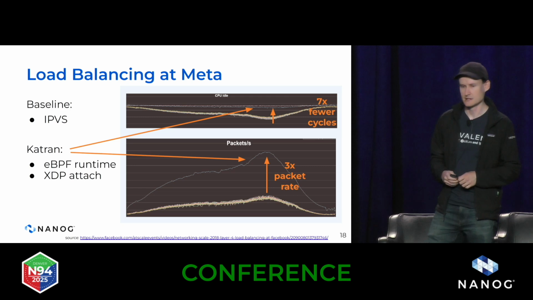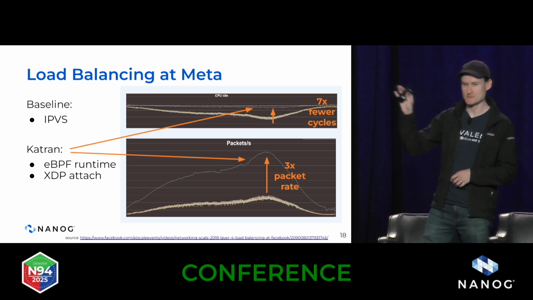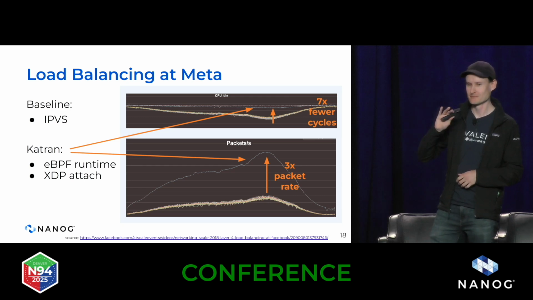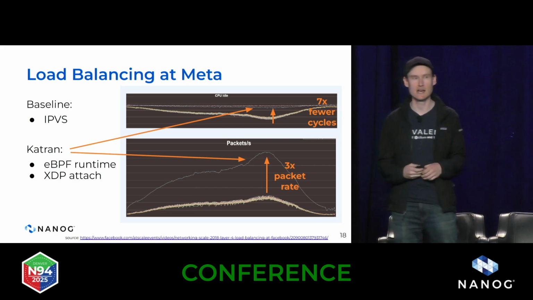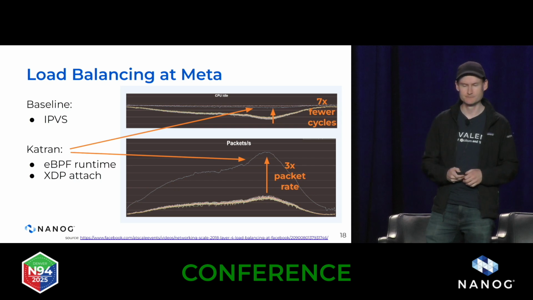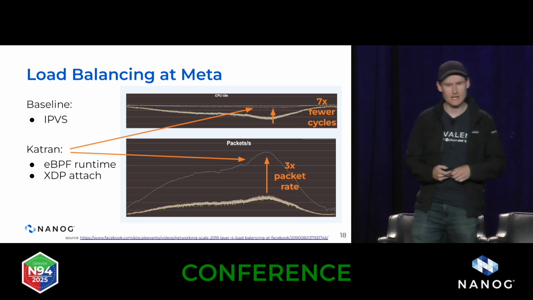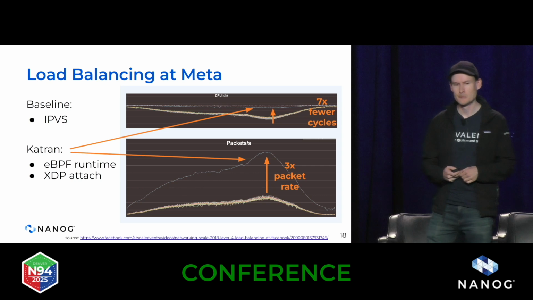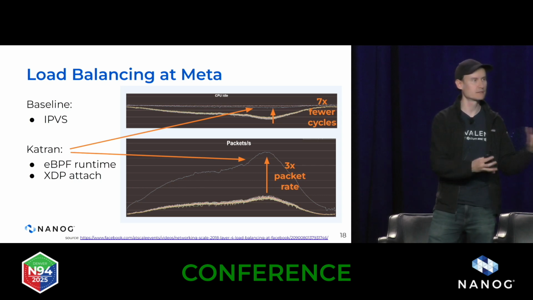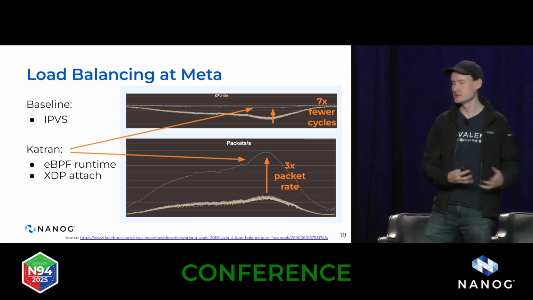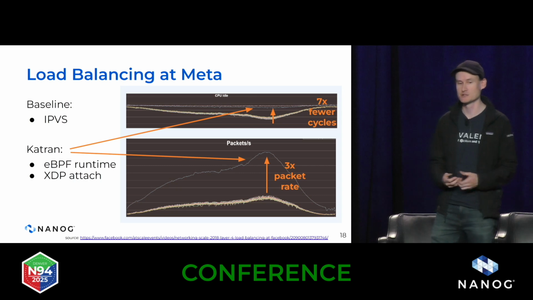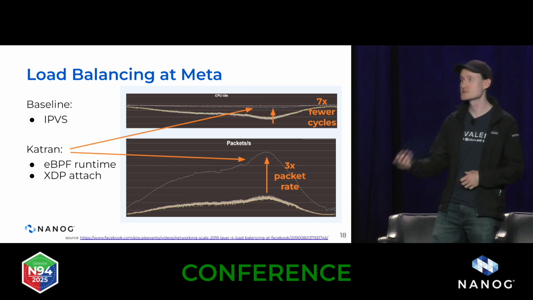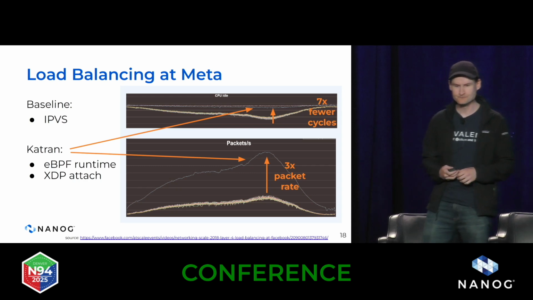The top is higher is better. That's CPU dedicated to the idle process, which is effectively CPU that's then available to be handed to another workload on the system. So one of the interesting points to this is that traditionally you might think that the flexibility of being able to build custom logic in your network might be a trade-off against performance, but here we see that we're actually able to gain a bunch of flexibility and also gain performance at the same time.